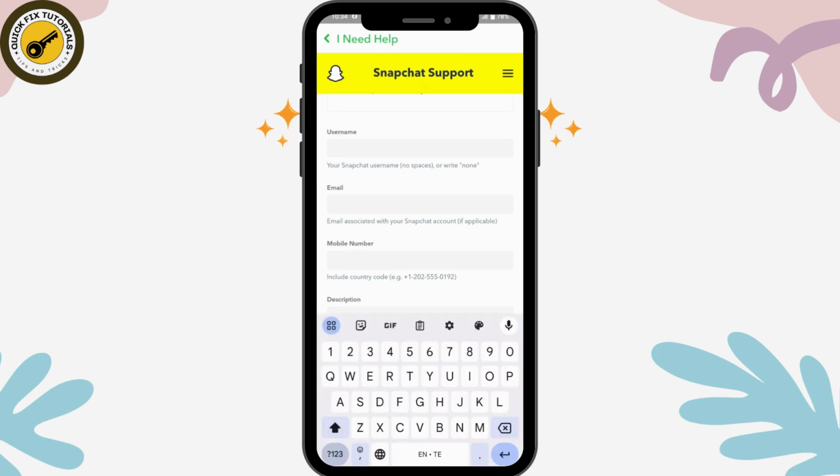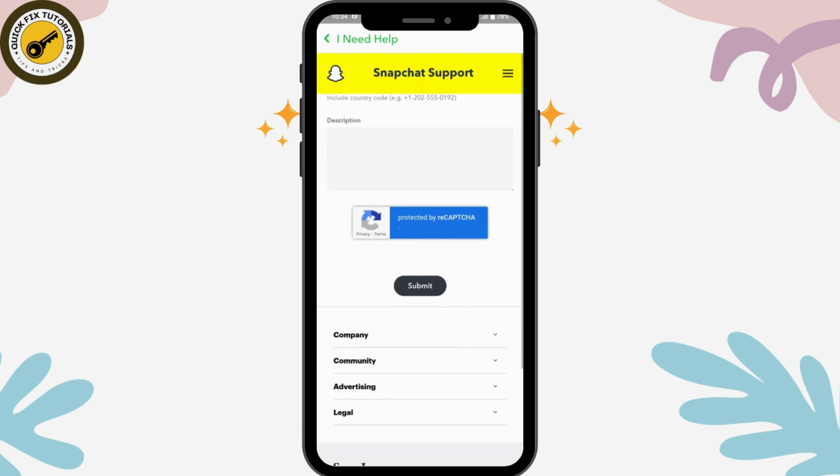Under description, you have to write that I think my Snapchat account has been banned and I need some help with that. And after entering your description, you can simply tap on submit. And after submitting your request, now your Snapchat ban problem might be fixed. You will get an email from Snapchat, and Snapchat might help you with some instructions to log into your account. So that's it. That's how you fix your Snapchat ban